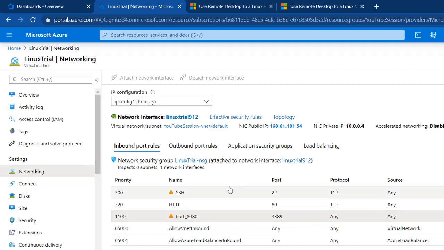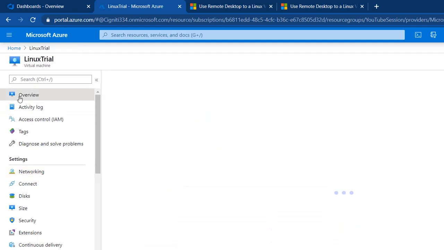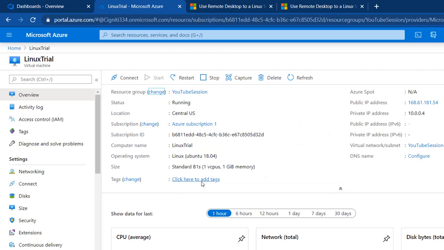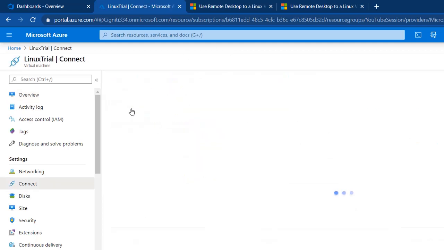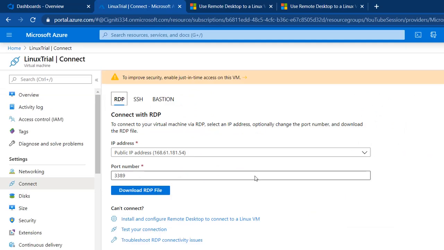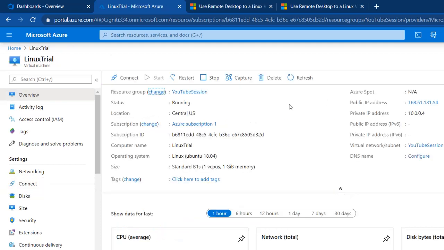Okay, so now you go back again to your virtual machine, and click on RDP. So what I did is first I installed and configured the remote desktop server by using a couple of commands. Okay, and now I need to copy your IP address.